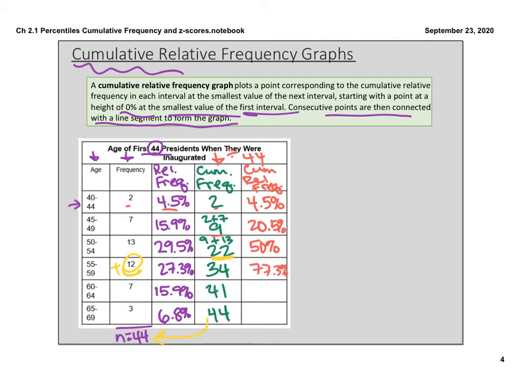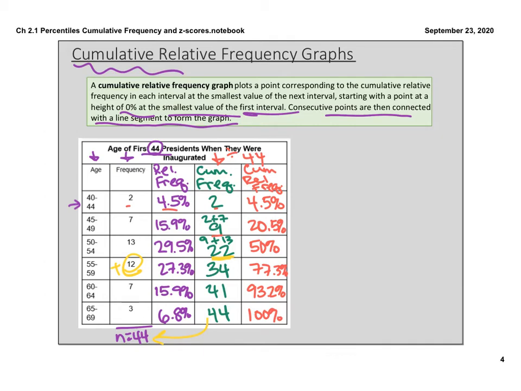Then I'm going to look at 41 divided by 44, which is 93%, actually like 93.2. And obviously, we all know this, but 44 divided by 44 is 100%. Okay, so that's our cumulative relative frequency as we go down the table. What this does for us is this tells us